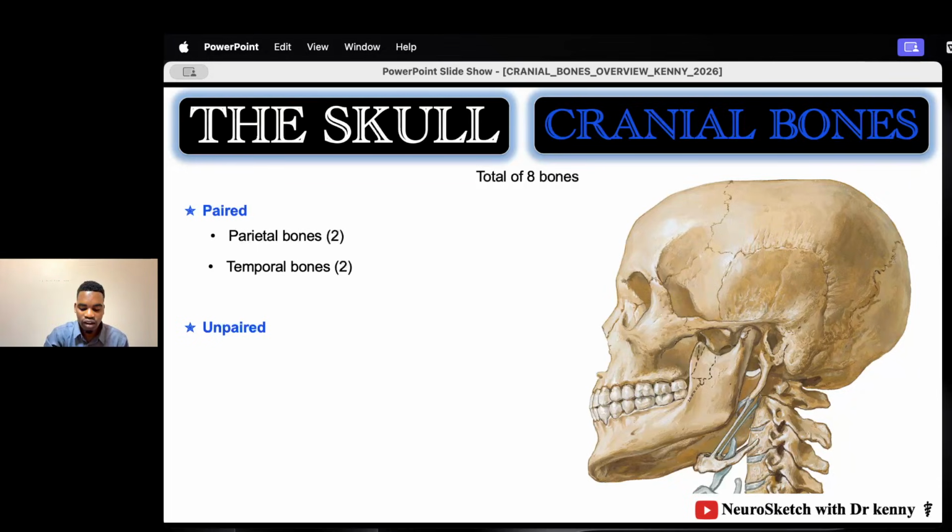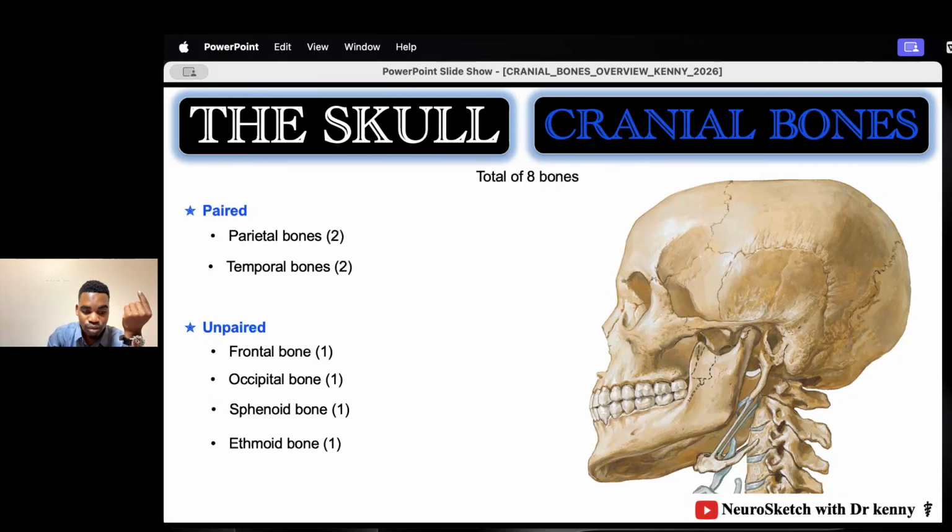Remember, we have the frontal bone. We only have one frontal bone. We only have one occipital bone. We only have one sphenoid bone, and we've seen only one ethmoid bone. For you to be able to see the ethmoid bone, you have to smash the cranium. Now that we have seen these bones are forming the housing of the brain,